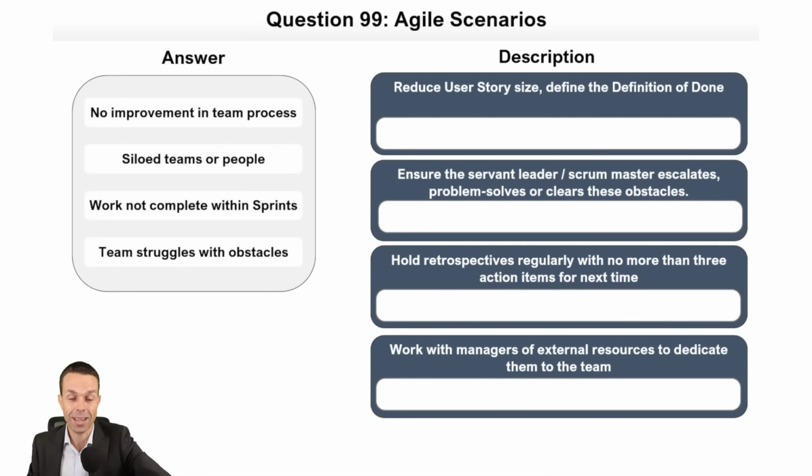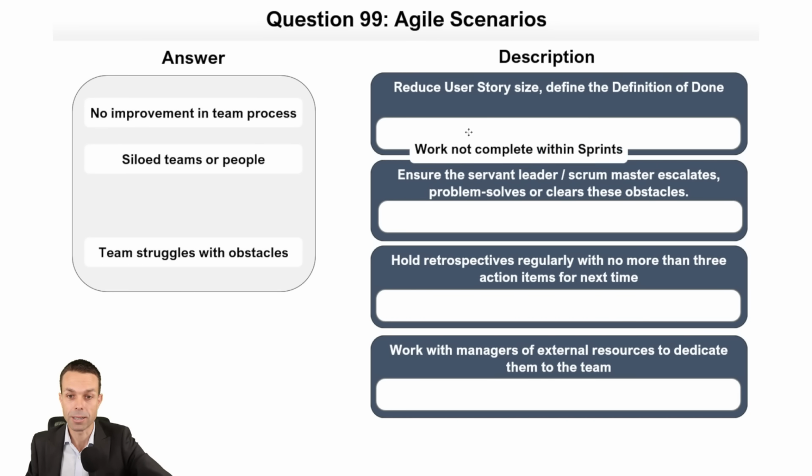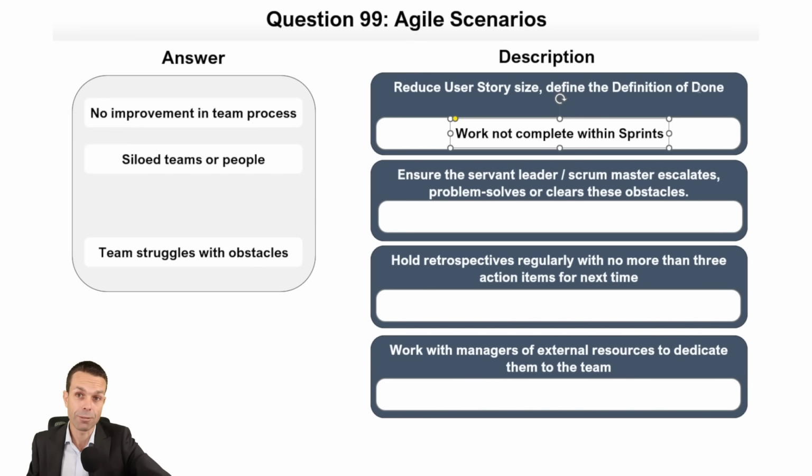Wonderful stuff. Okay, more agile scenarios. Oh, well, we got through the other ones pretty well. So let's see how we go. Reducing the story size and defining the definition of done. Maybe if work is not completed within sprints, we can reduce the story size and make sure we've got the definition of done really, really crisp. Ensure the servant leader or scrum master escalates, problem solves, or clears obstacles